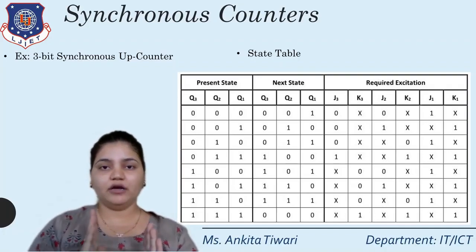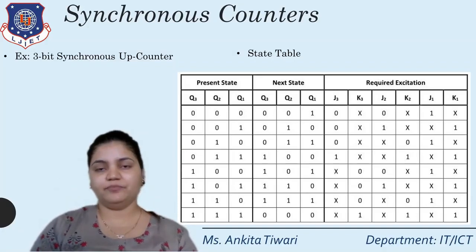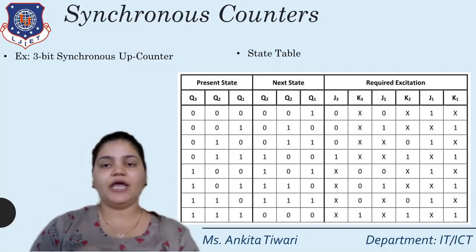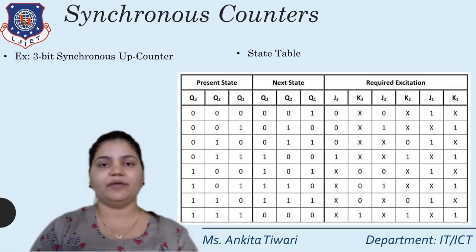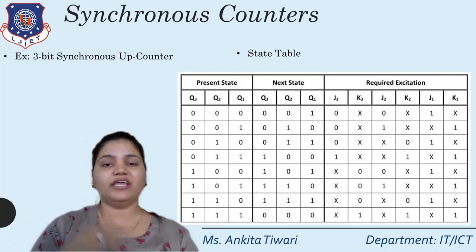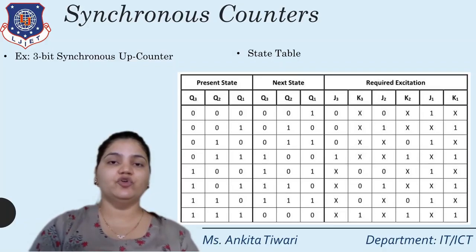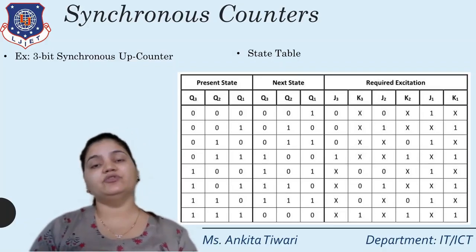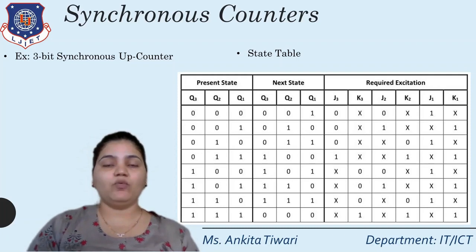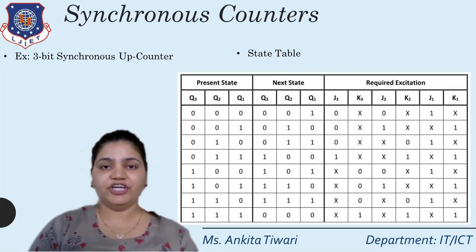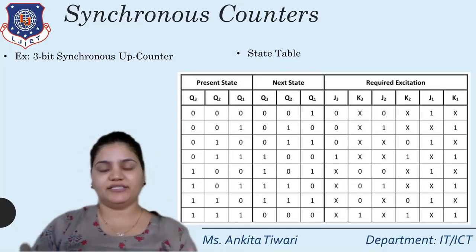From the question itself, 3-bit means 3 values at the same time as a present state. That is represented in the first column, the present state. The next state will also be 3 bits because 3 inputs are given as the present state. The required excitation values are derived from the excitation table. As we know, there are 3 bits, so the flip-flops that we will use will also be 3. Now here I have used the concept of JK. So here 6 inputs we need to take as an output in the circuit diagram.